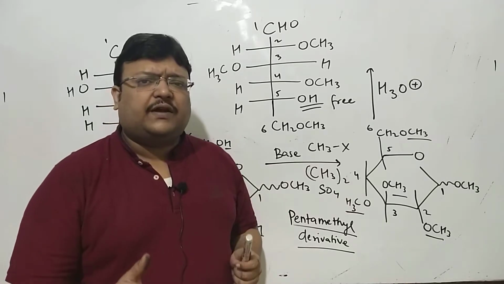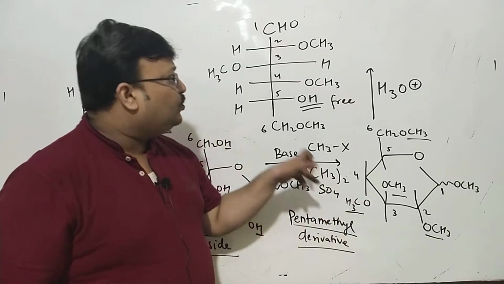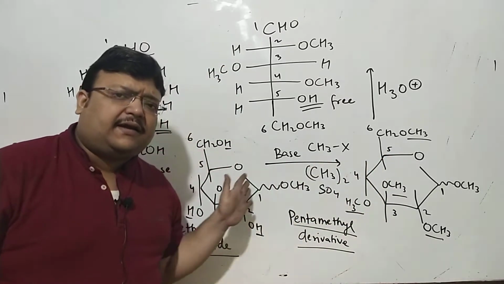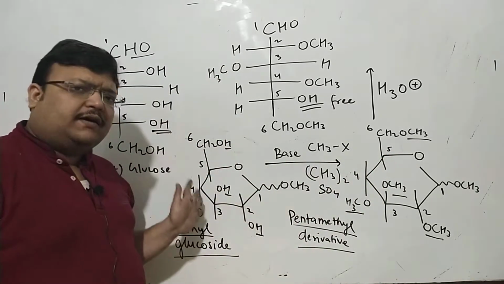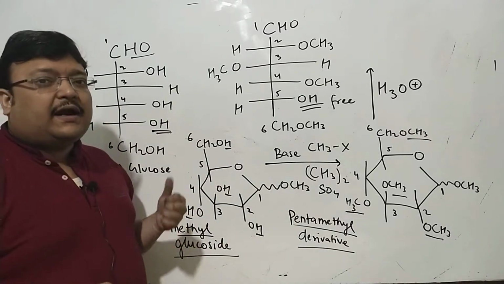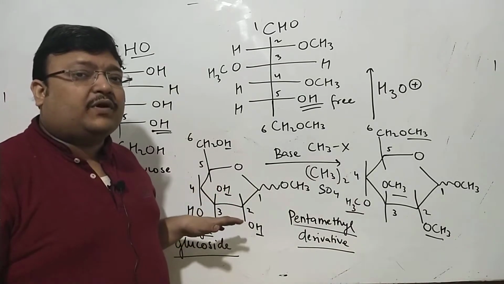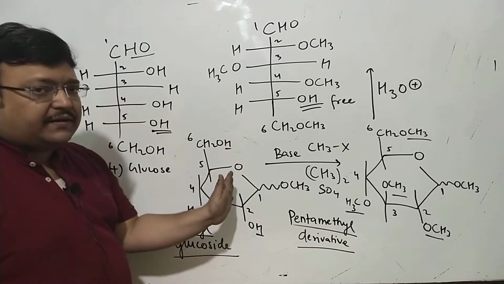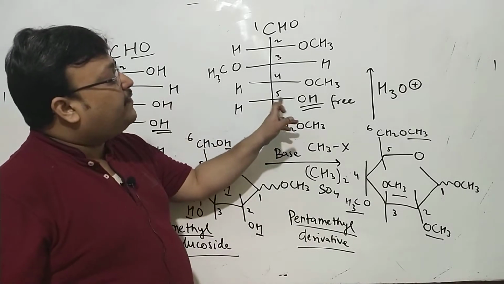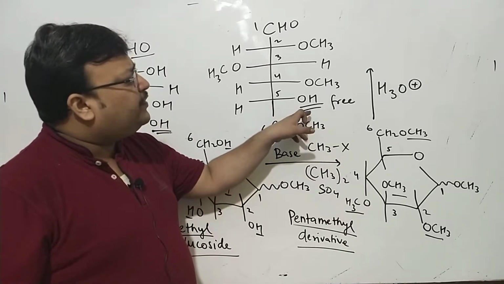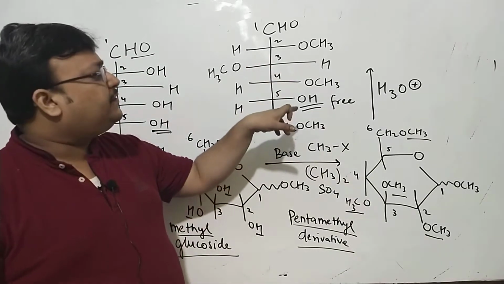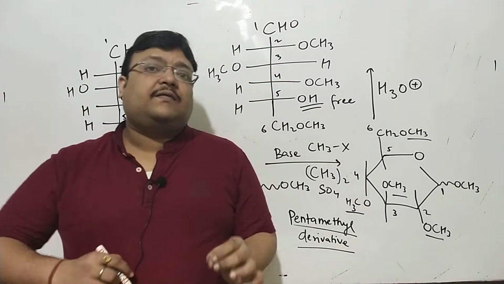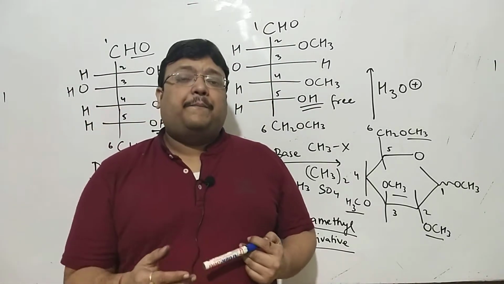So, I think I have been able to narrate this story all right. I have been able to convey the fact that the rest bearing OCH3 means the rest are ethers and were methylated after the ring was formed. And carbon 5 was not methylated because it was already without OH, because that OH was used in the ring formation. So naturally, this carbon 5 having OH free will mean it was using its OH to form the ring, and with this we can prove this 6-membered nature or the pyranose form